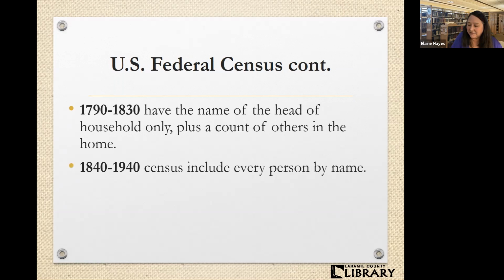But starting in 1840, they started to include the name of every person in the household. So parents, mother, father, and all the children, servants living in the household, hired hands, mother-in-law, whoever else is living in the household is also there by name. So 1840, it gets a little bit easier